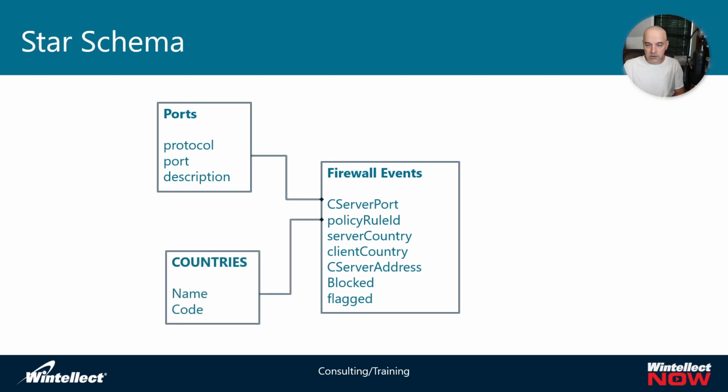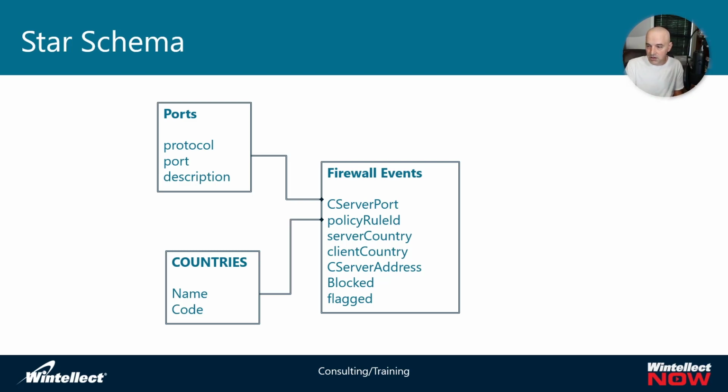Another one would be countries. Now, this would be countries and the associated name. So it's basically looking for the 2-digit code that is recorded in the event table and giving me information about that country. I'm only giving the name, but if I wanted to put like the capital or the population or things like that in that country table, I definitely could do that. But I'm just using a single dimension table here that just represents the name of it, which is fine for